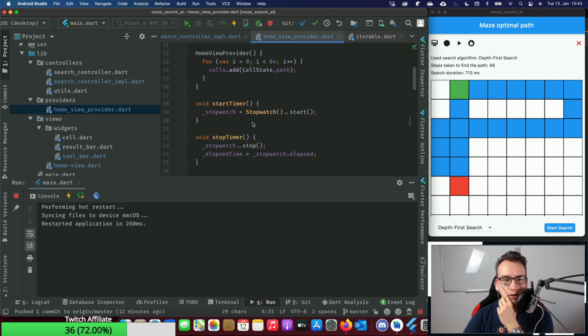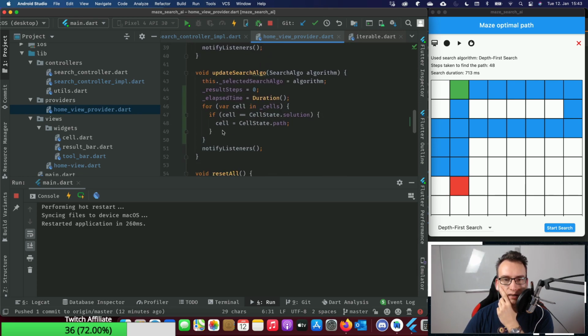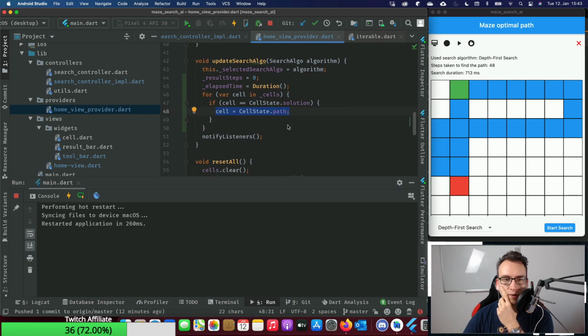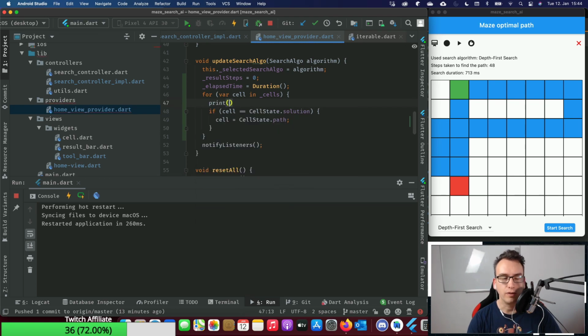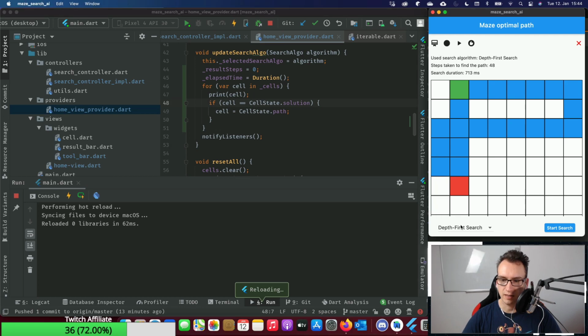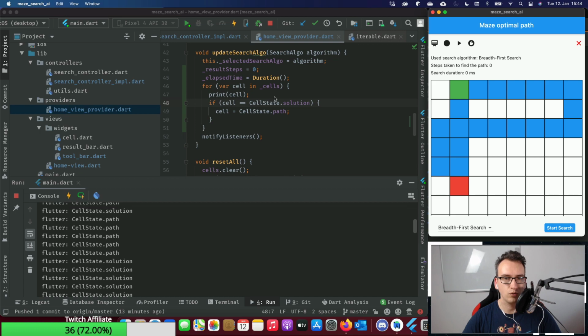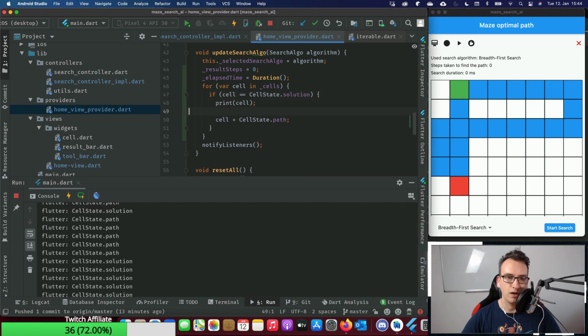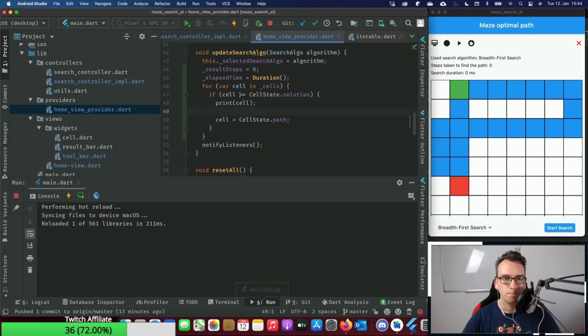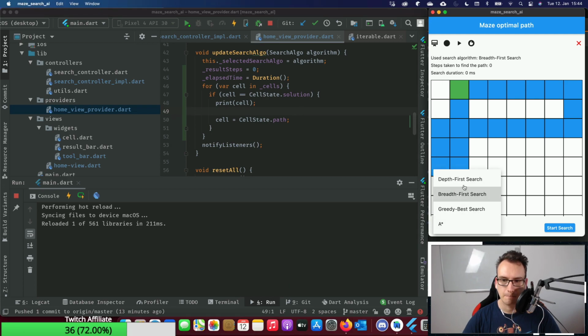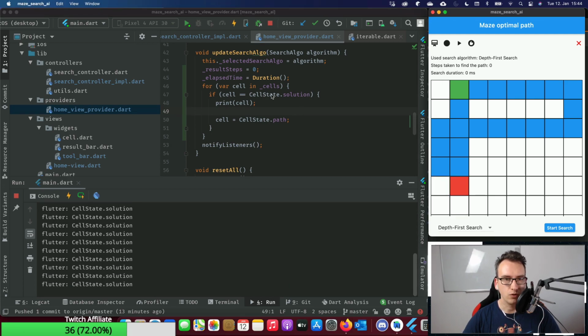This list contains all the cells. We update that the cells are now again paths. So for each cell in cells where this is a solution, do we run into this? So at any point, if I select this and go here, yeah, we receive a lot, and we also have a lot of solutions. So I thought we would come into this here. Solution, solution, solution, okay.